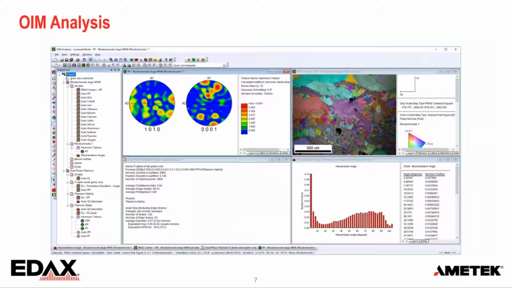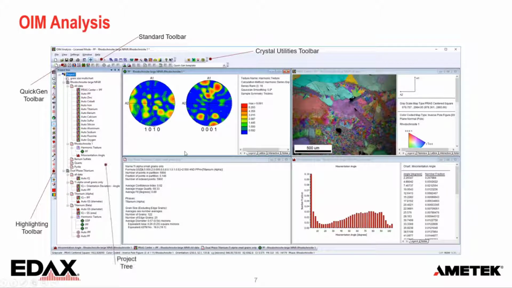Now, this is what the OIM analysis software looks like. We have a number of toolbars, a project, and all the data that is displayed. So here's just the standard toolbar, a crystallographic calculator. This is a toolbar, just single button tools to create your analysis, interactive analysis highlighting toolbar. So all of the main functions are directly available from the user interface, and everything you've done is stored here